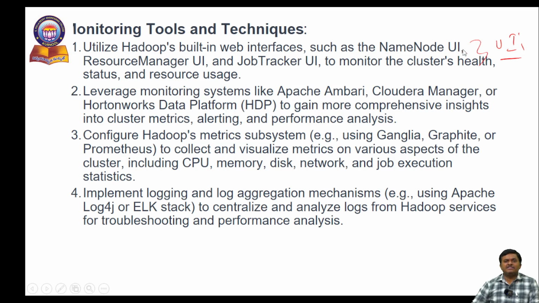So along with these user interfaces, you can also use these additional tools to get more insights and study the cluster metrics. Configure Hadoop's metrics subsystem using Ganglia, Graphite or Prometheus. These are some tools which help to check Hadoop's metrics. This helps to collect and visualize metrics on various aspects of the cluster, including CPU usage, memory, disk, network, and